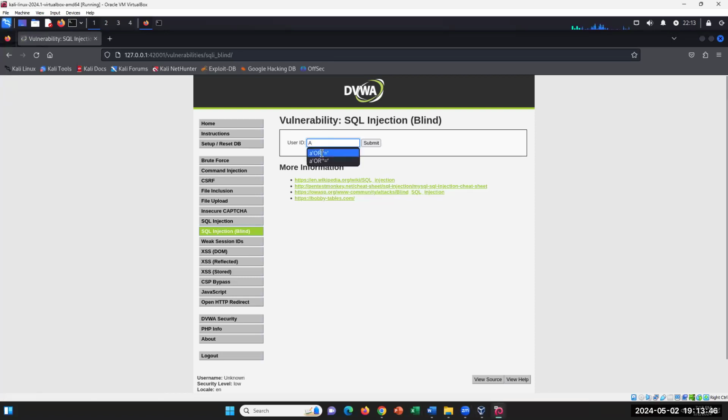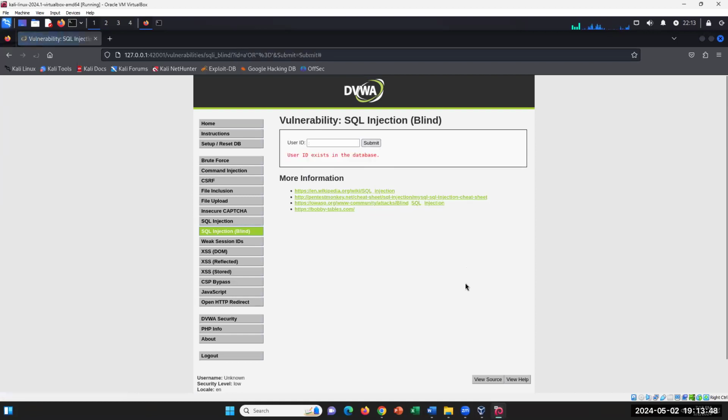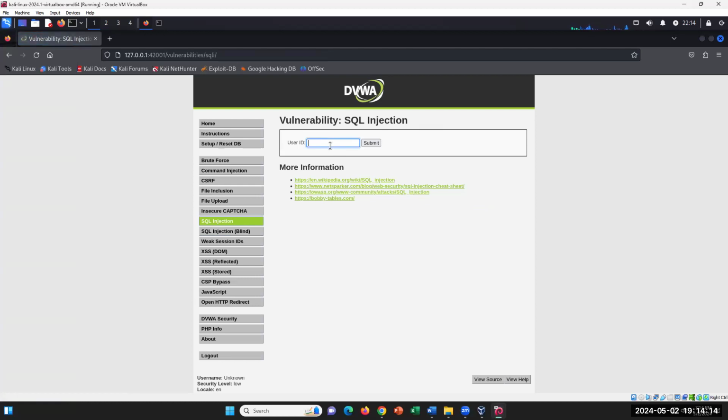So if you see it, you can just simply select it and submit. You notice for the blind injection that the output is different. It's not giving you the full list of users, right? The way the blind injection works is that on this element of the database, it's only saying, oh, you're looking for the user with the A, it exists, right? But if we're doing it in a regular injection,